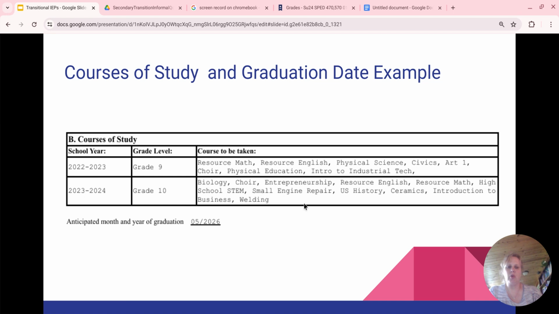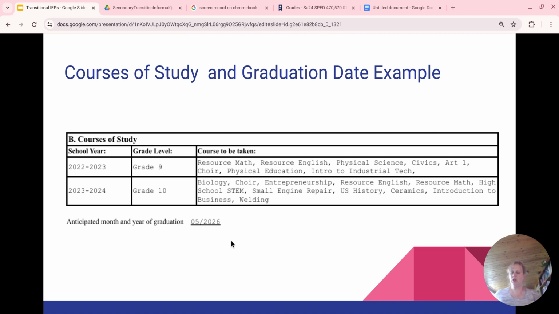Then in grade 10, the student took these additional classes: biology, choir, entrepreneurship, resource English, resource math, high school STEM, small engines, U.S. history, ceramics, introduction to business, and welding. When their IEP comes due for the next year, they would fill in grade 11 and the courses the student would typically take in grade 11. And there you see that anticipated month and year of graduation.